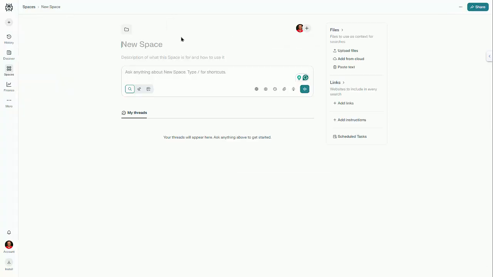And once that's loaded, you will see that there is some grayed out wording right here. This is where you can type in the name. So let's go ahead and give it a name. I'm going to use a similar example to the one we did for Claude. So we'll call this one Creative Writing